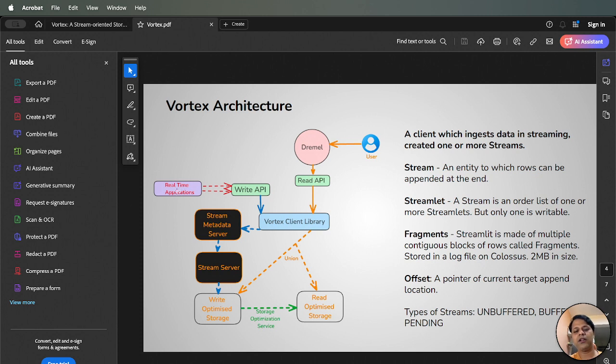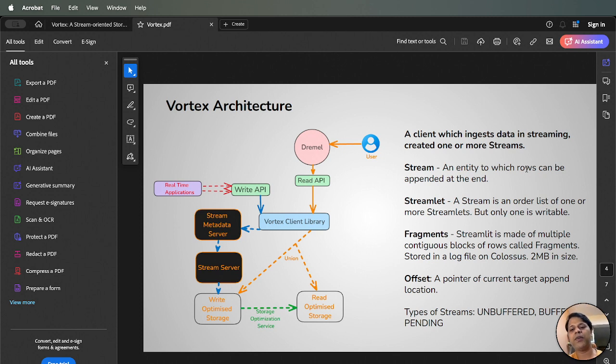Let's say a client or an application is writing to BigQuery in streaming mode. It would create one or more streams, which is nothing but an entity, maybe a specialized data structure, which you can think of as a queue or a list kind of structure which starts from 0, and from there it goes 1, 2, 3, 4, and it has an end point. The data has to be appended at that point. We will see that offset